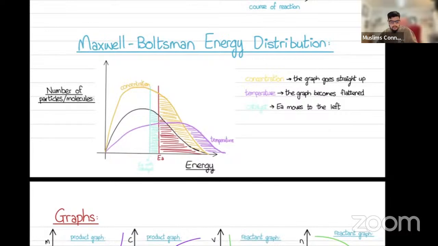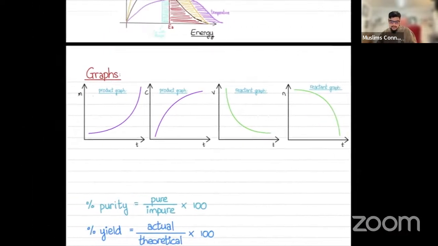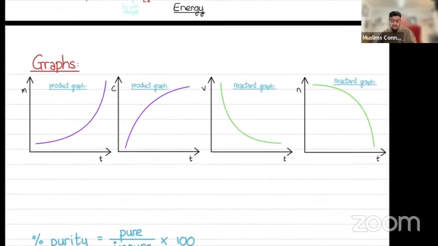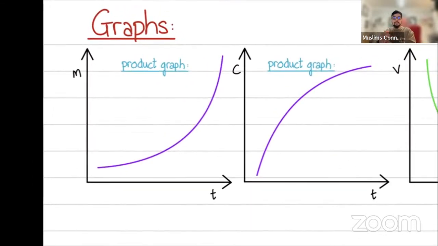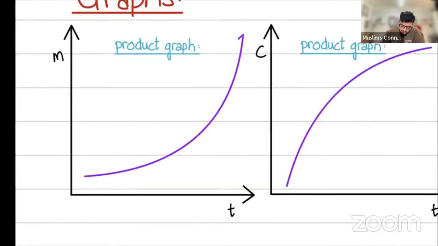So yeah, I know time's up, but let's quickly discuss the graphs. So in this, not any graphs in particular, but just a general overview of these graphs, right? So we have, what is this? Graphs. So we have a product graph, right? So a product graph,